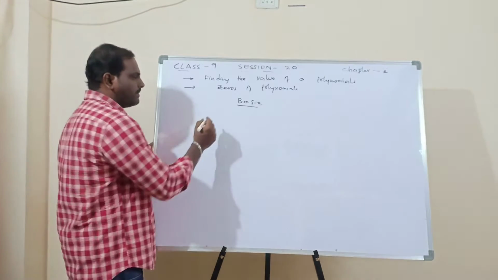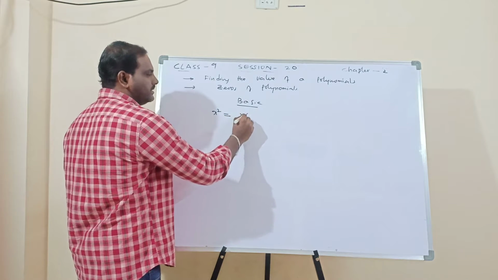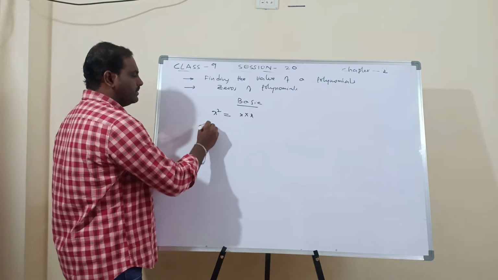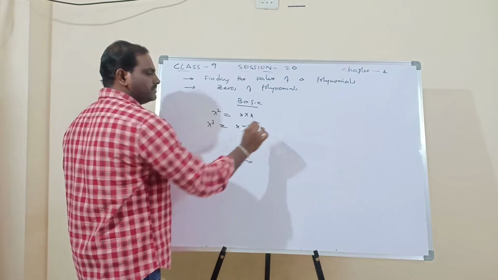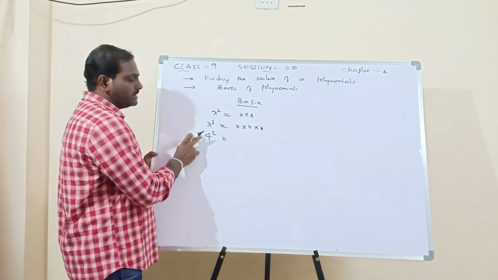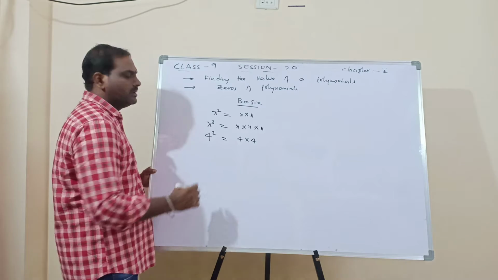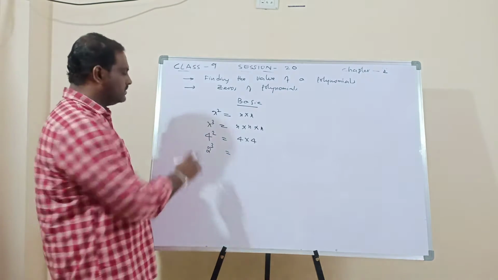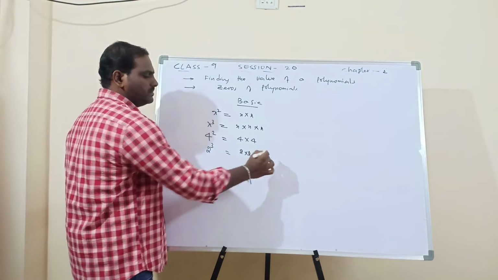So what that is, x square is given, means x into x, remember that, don't write x into 2. X cube means x into x into x. 4 square means what do you mean by understand? 4 square means don't write 4 into 2, it is 4 into 4. 2 cube, maximum of the students will write 6. 2 3s are 6, but that's not correct. 2 into 2 into 2.